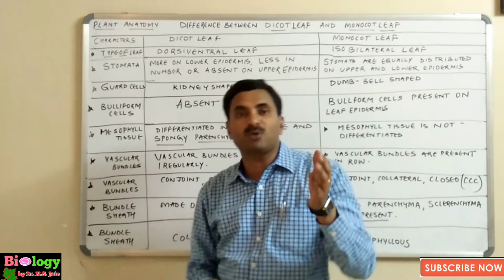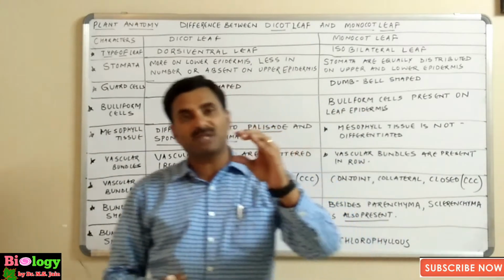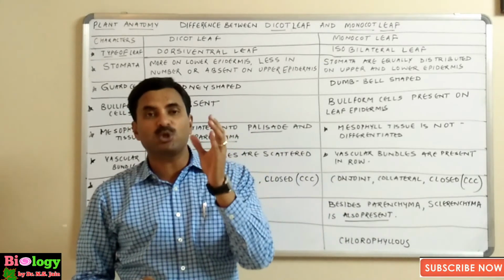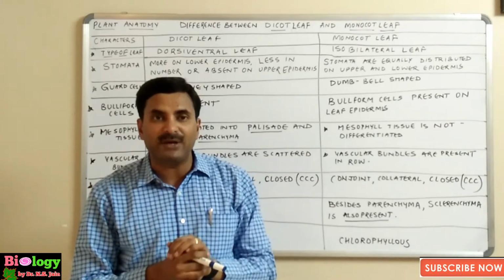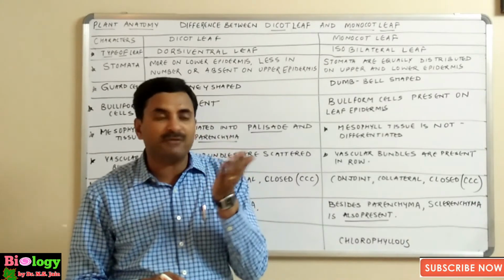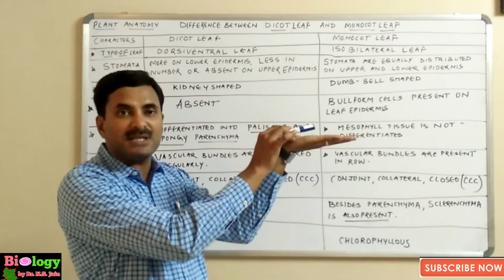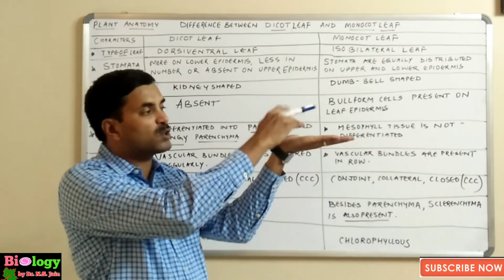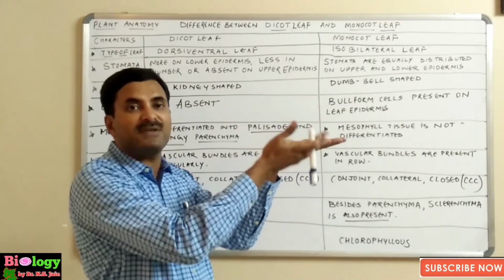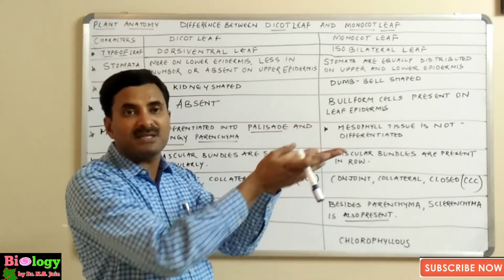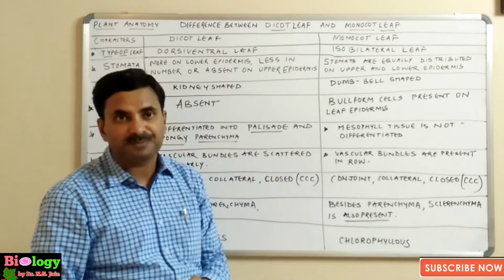monocot leaf. So students, you must know that the dicot leaf is a dorsiventral leaf. You know what is a dorsiventral leaf? A leaf which has two surfaces. One is known as the dorsal and another is known as the ventral. The position of the leaf is just like this. See here, if this is the dorsal surface, then this is the ventral surface. So there are two surfaces. The position of the leaf is such that one is the dorsal surface, another is what? The ventral surface. And a leaf which has two surfaces is called a dorsiventral leaf.